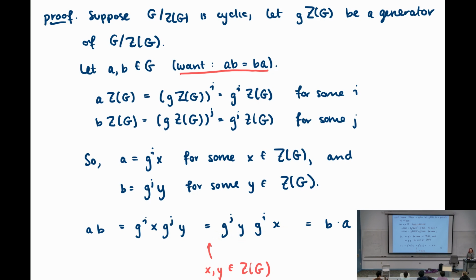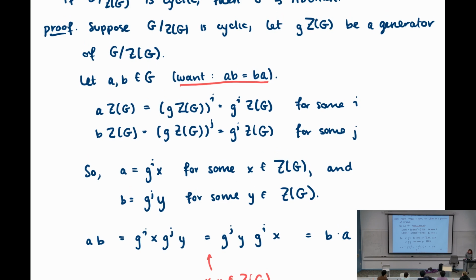Is there another, I think I saw another hand. Do you have a question? Why is G^i G^j equal to G^(i+j)? Okay, so the question was, why does this equality hold? This is by definition of multiplication of cosets. So when we saw the group structure for cosets, if you have like